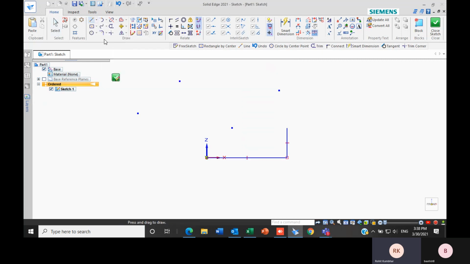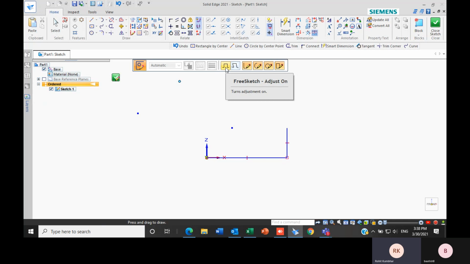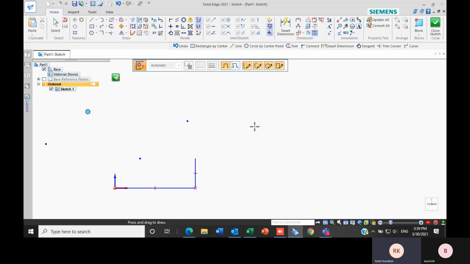Next one is free sketch. In the free sketch, as you can see in the command bar, the free sketch adjust is on. What is adjust? If I try to draw freely and there is a pattern, let's say a line, arc, circle or rectangle which I have created, Solid Edge will automatically adjust the sketch to the required profile.